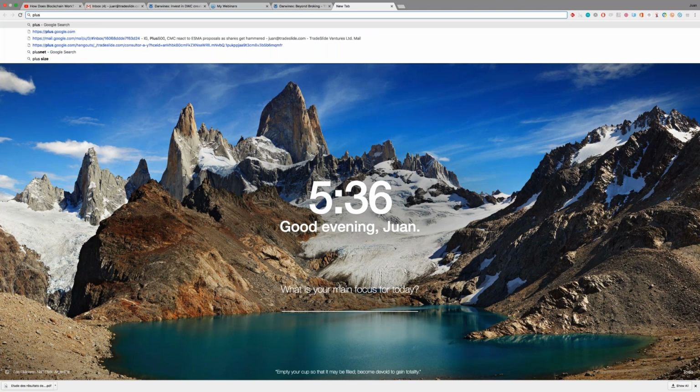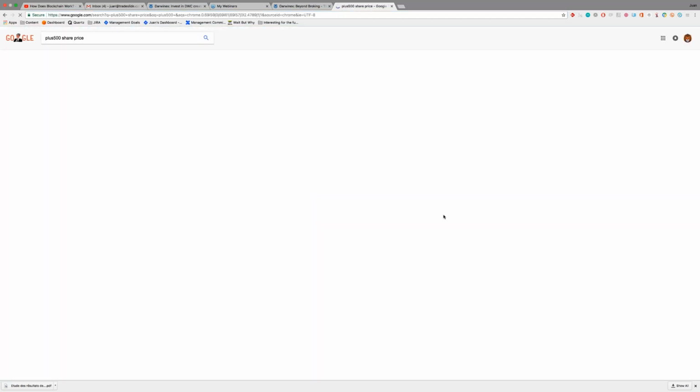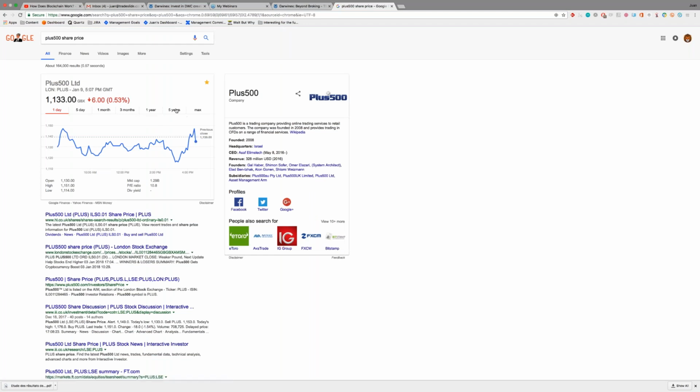So let's just, if we go for plus 500 share price, which is insanely high, let's just go for the last 5 years. And the PE ratio is 10 or 11 to 1. So if you want to become a shareholder in one of these market makers, you're going to pay a price earnings ratio of 11 times profits, at which point maybe that staggering amount of systematic wins is not going to be so high.